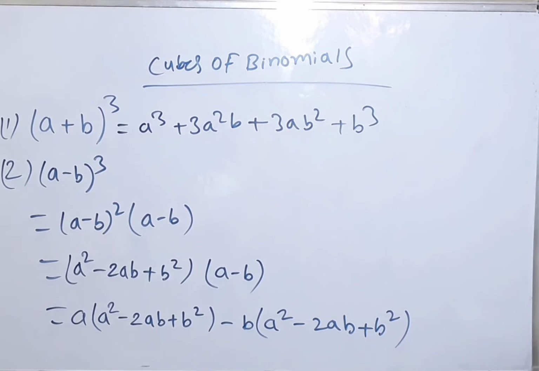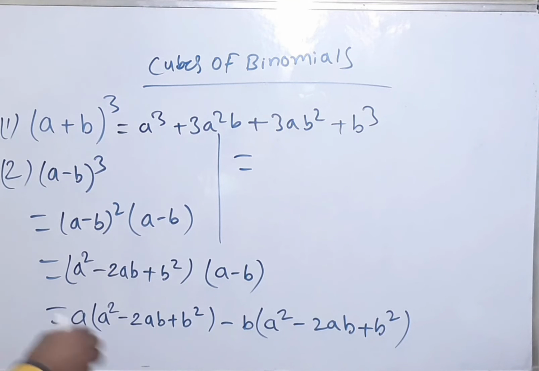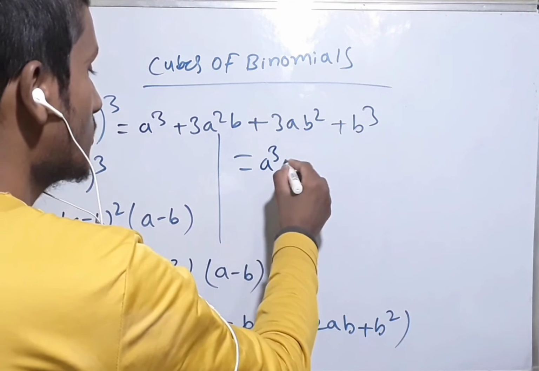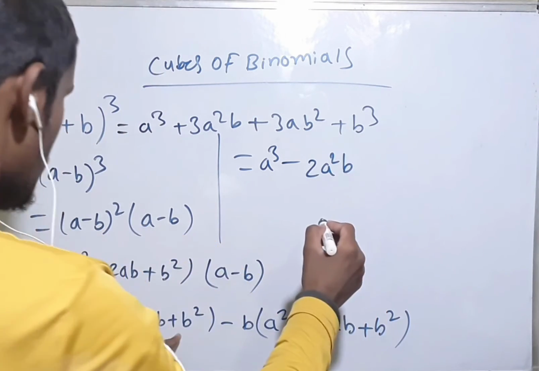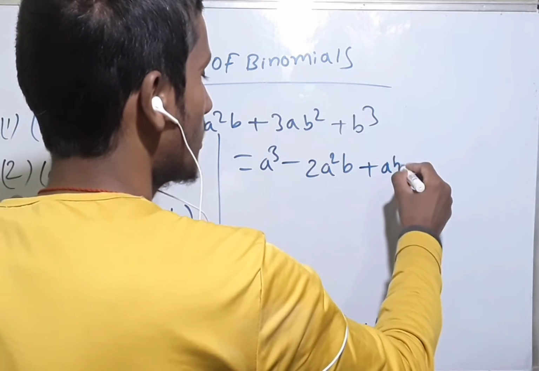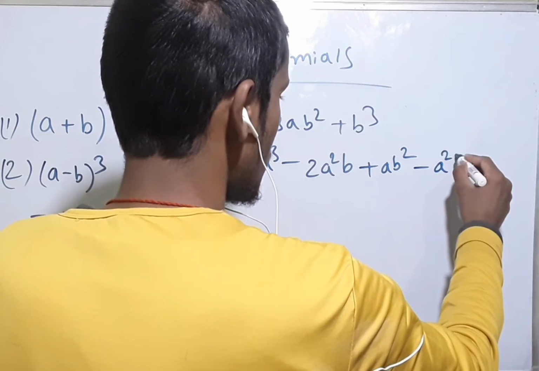So this is what it is going to be, and now we have to multiply, distribute into this whole expression. So a times a squared is a cubed, minus 2a squared b, and this will be plus ab squared, and here it will be minus a squared b